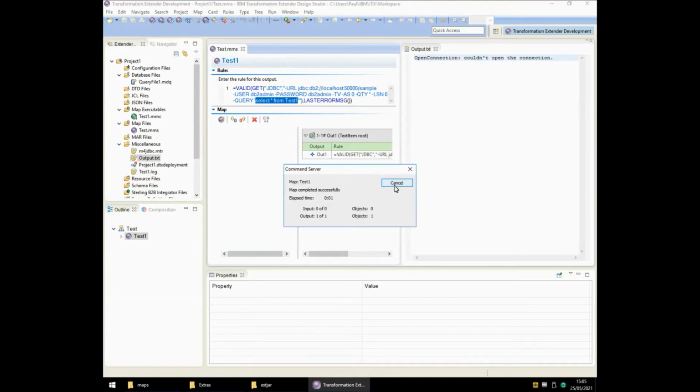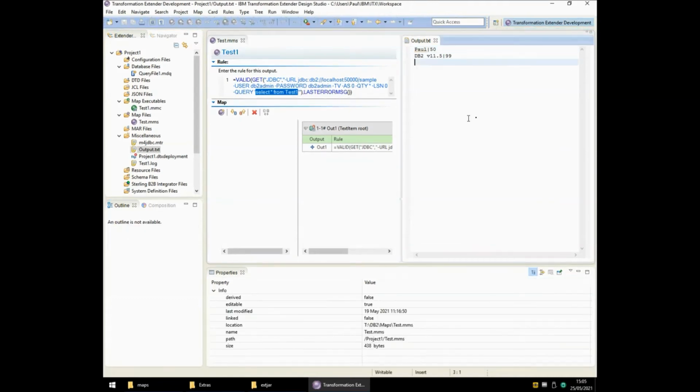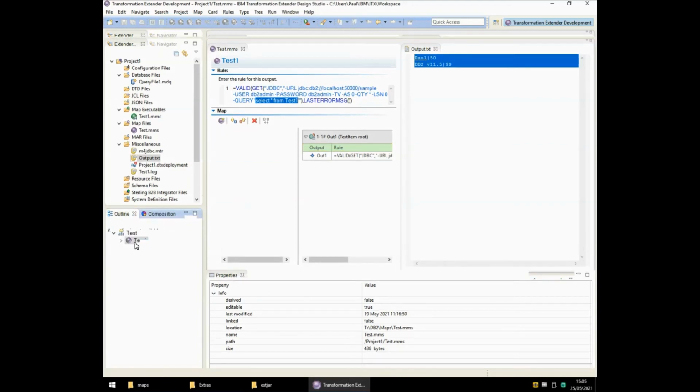The map has completed successfully again, and now the map has actually retrieved data from the database. 2 rows from my table test 1. Okay, that's all well and good. We're using a get to retrieve the values from JDBC on an output card. What about using an input card to retrieve the data? Well, let's go to the map